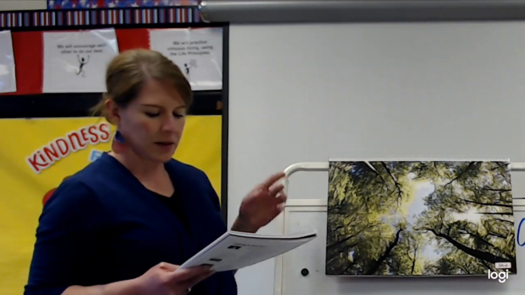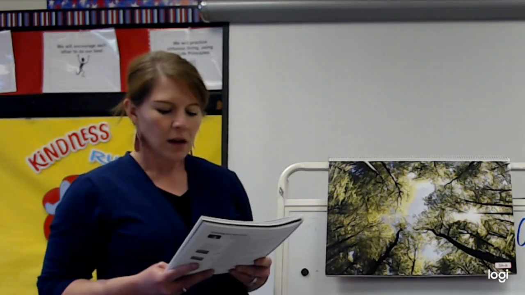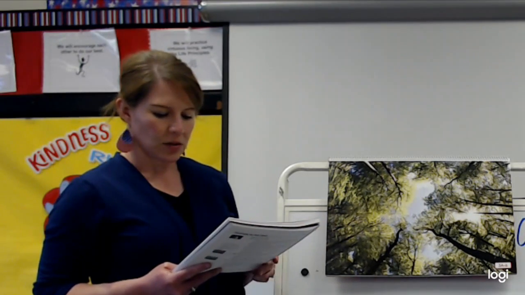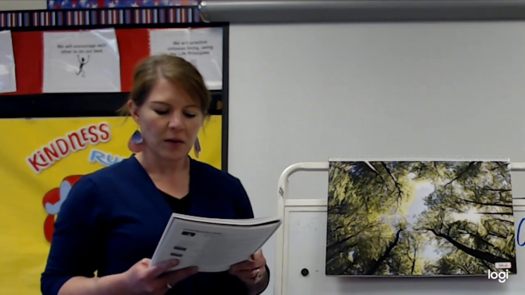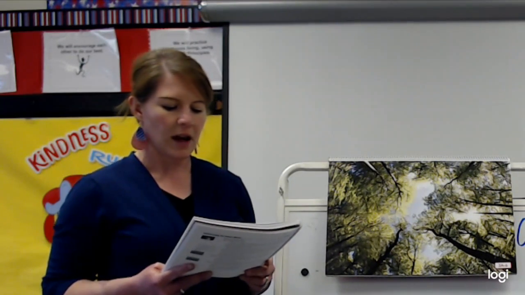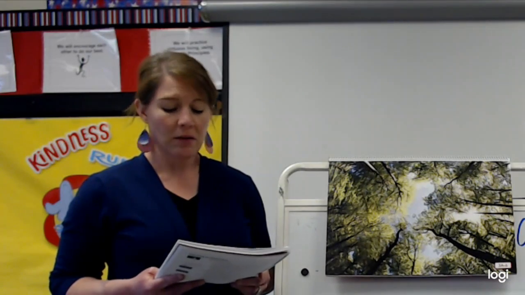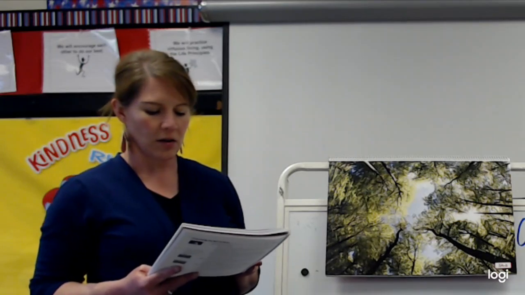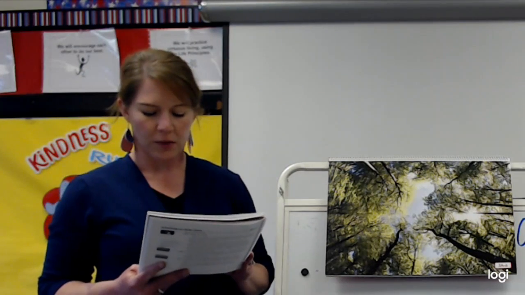This is a pretty picture of trees, but I actually wanted to point out something else. The blue sky above the trees. Trees are also important because of their connection to another natural resource in the sky, air. You can't really see the air, but it is all around you and everything else on Earth. Did you know that trees actually help keep the air clean and fresh for you to breathe?